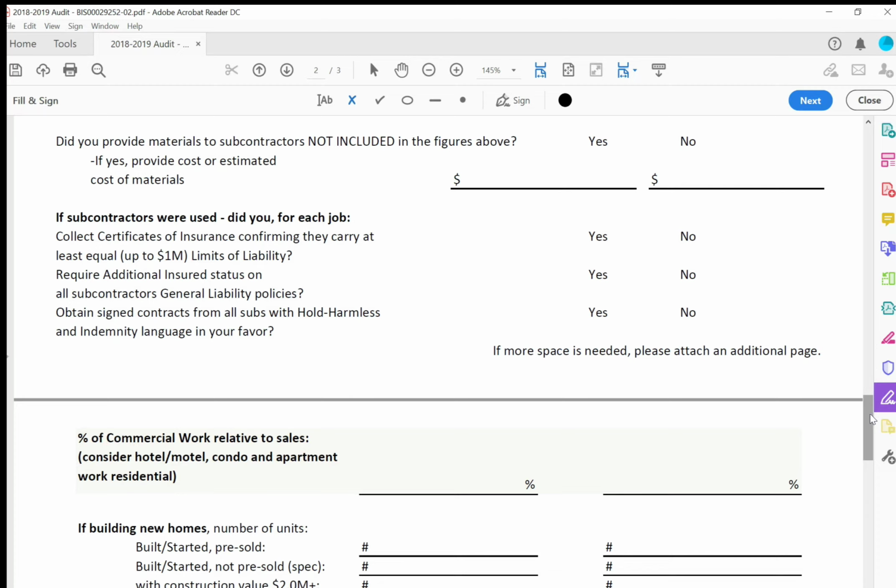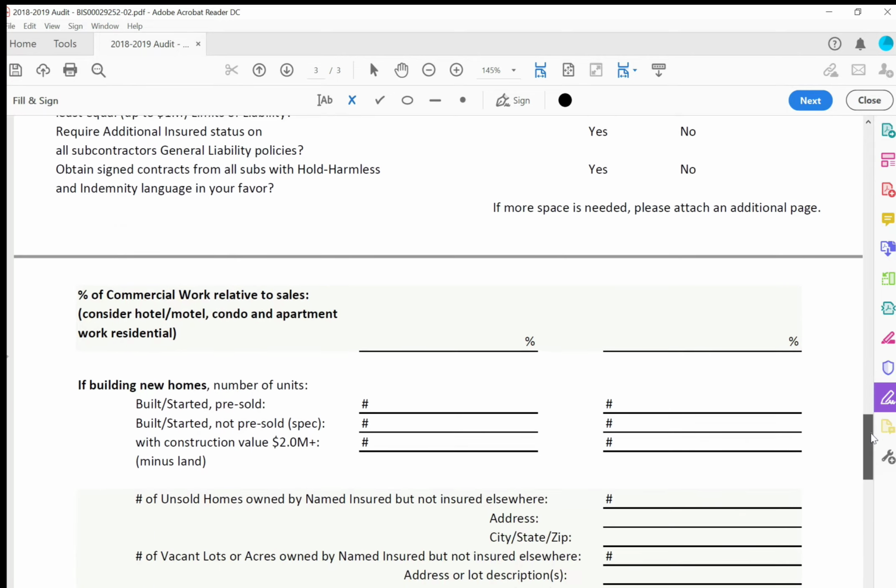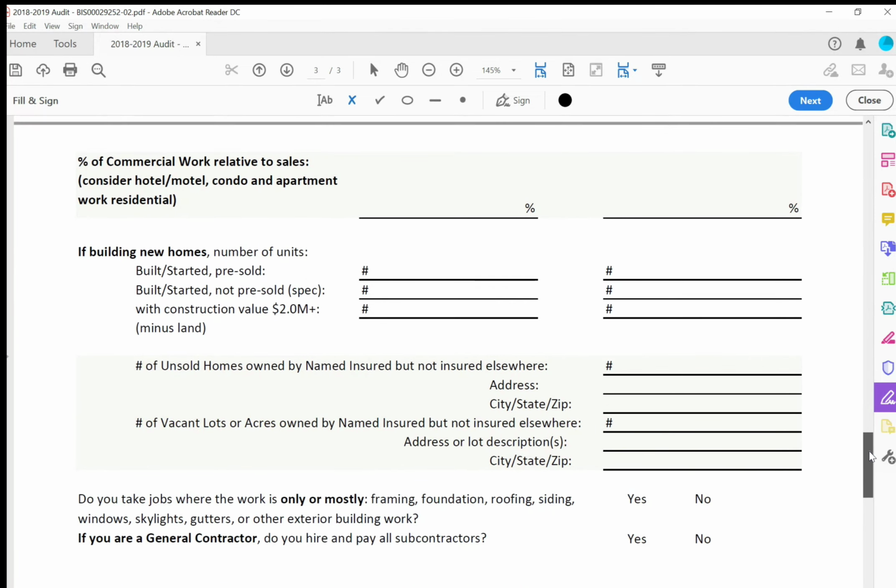Something we always tell our customers is that you want to make sure that you have that document signed, that subcontractor agreement, up front. You want to make sure that you're not paying out any money until you have that subcontractor agreement and you have their certificates of insurance in place, because it's always tough to scramble at the end of the year and of your policy period, and you're trying to get all this information from all the people you've done work with, and they're not calling you back, their agent's not helping them. It just makes it easier to get it up front when you sign the agreement. Then you don't have to worry about trying to get this stuff done at the end of the year.